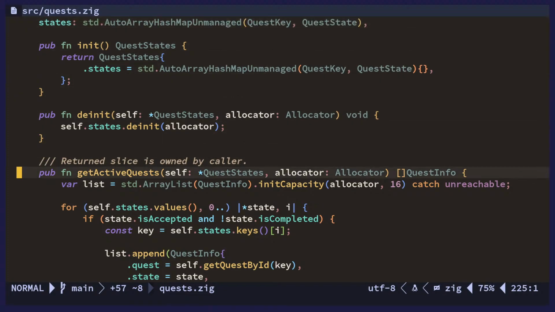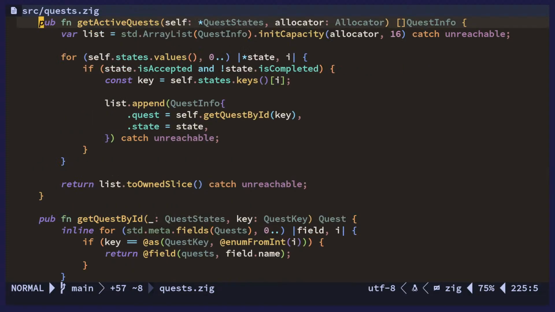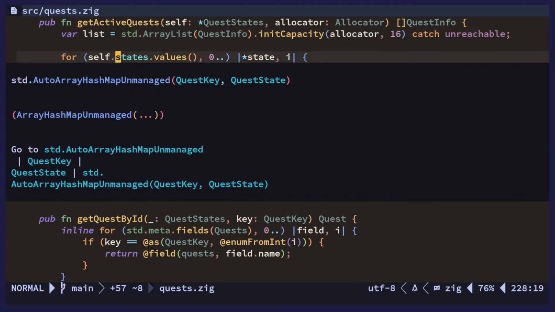Here, for example, get active quests. I mean, what are we doing here? So we're making a tiny list and we're checking for some state here. If it's accepted and not completed, we append it into the list and we're returning the list. What could we do here? So which one are we? So we're looking at this part here,